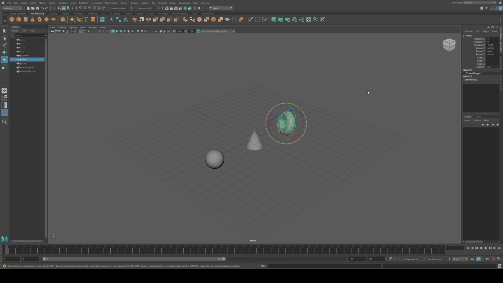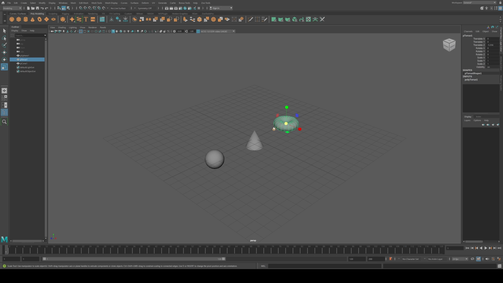Last but certainly not least, let's explore the Scale tool, rounding out our essential trio of tools in Maya. Let's look for the icon that looks like a square inside a square. It's right below the rotate tool. Click on it and then click on an object in your viewport. You see the 3 color tubes appear around your object: red, green, and blue, each representing an axis.